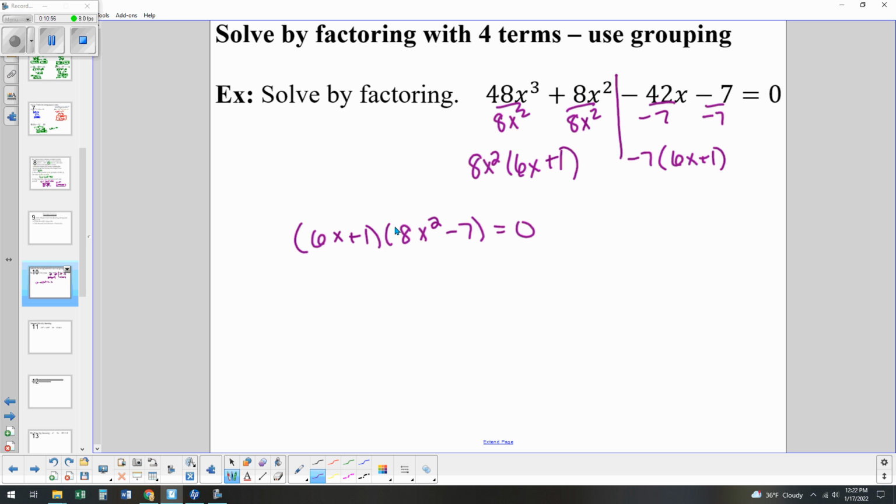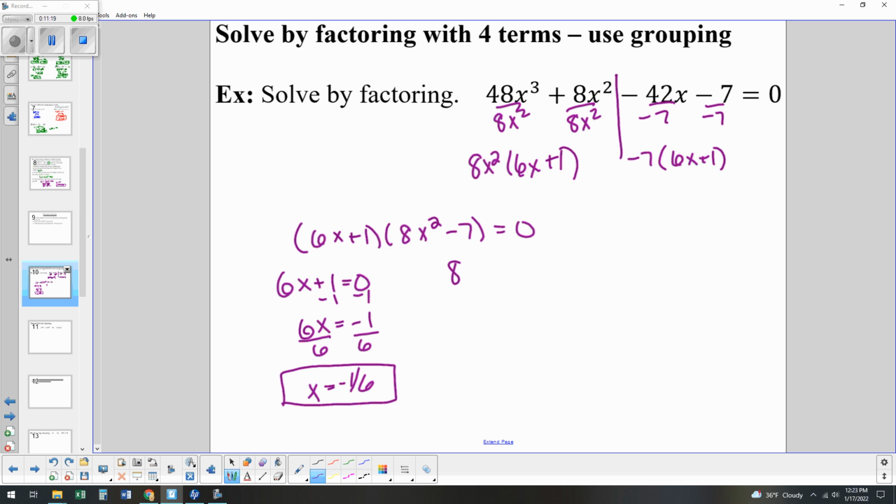So each of these is considered a factor. Anytime I see an x, it's a factor. So 6x plus 1 is a factor, so I'm going to set 6x plus 1 equal to 0, and I'm going to solve. All right, subtract 1 first, divide by 6, x is -1/6. We could turn that into a decimal if we want, or we can leave it as the fraction. The other factor was 8x squared minus 7. So I'm going to set that equal to 0. Right? Add 7, divide by 8,